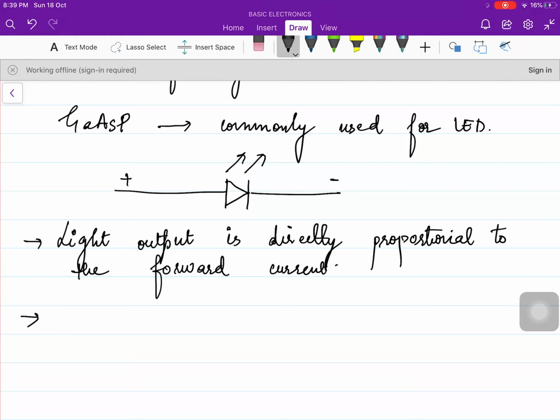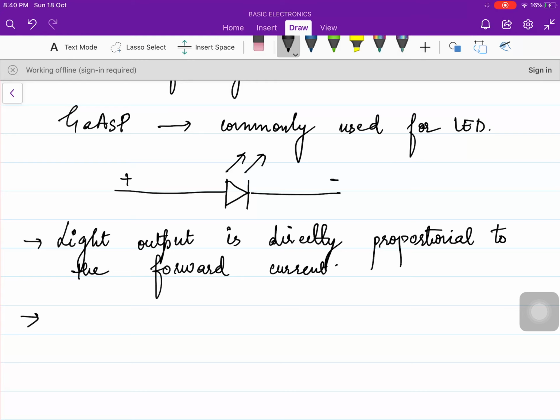This is another point. Now the next point is that, as you must have seen, in Diwali you use LEDs of different colors. So how does this color change? That means the LEDs are of different colors. So on what factor does the color of the LED depend? We must remember that the color of the light emitted by the LED depends upon the forbidden energy gap of the material of which you have made the LED.